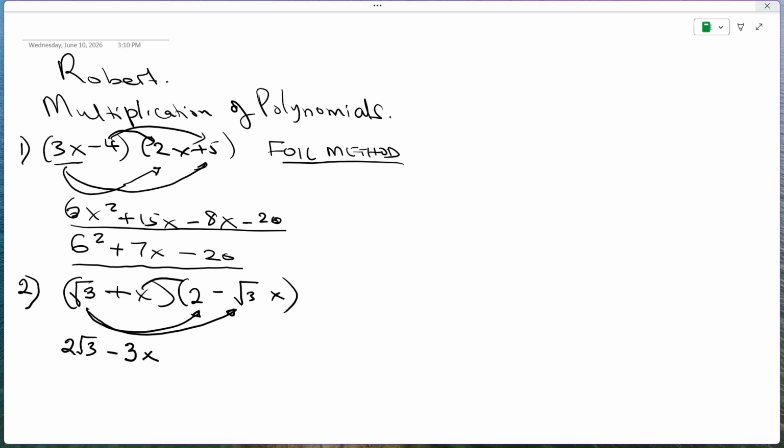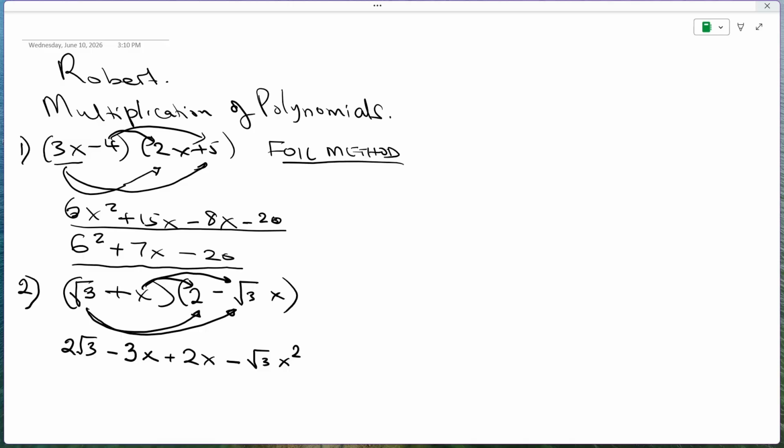Next, we'll have x multiplied by 2, and this one will give us positive 2x. And then we have x multiplied by minus root 3x. This one will give us minus root 3x